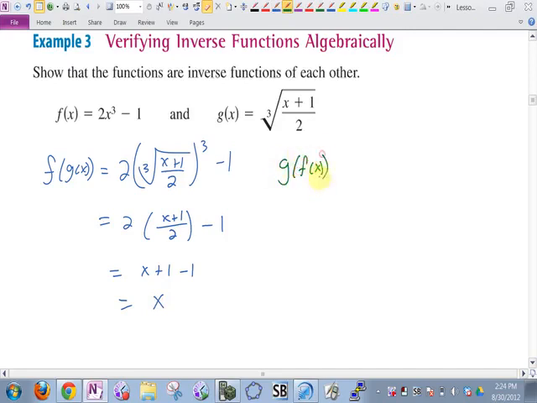g of f of x, cube root of 2x cubed minus 1 plus 1 over 2. Now, this is a perfect example of a proof. It's all about your work, not the end result. You already know these are inverse functions. You already know this is going to simplify down to x, right? So if you just write that it simplifies down to x,